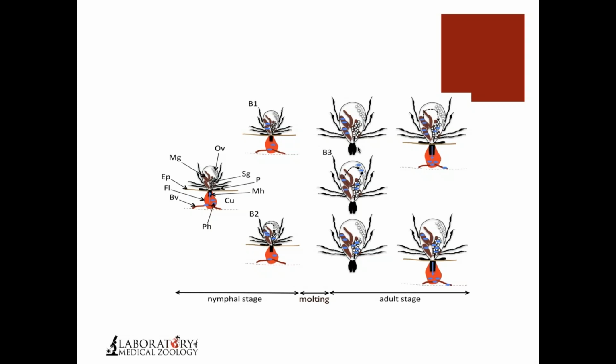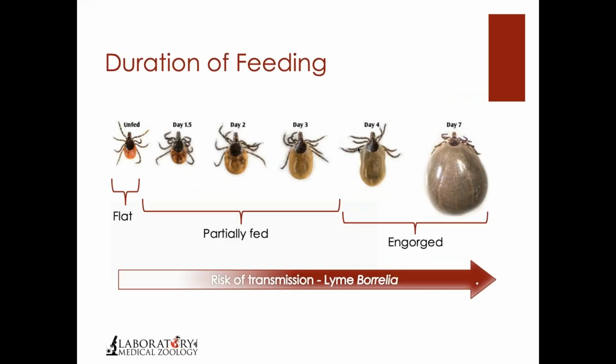It's also the reason that we say it's fundamentally important to know how long a tick has fed to be able to assess its risk. So here's a diagram showing the feeding process of ticks going from unfed through feeding on day 7. They start out in a situation we say flat, they're unfed. They become partially fed and then eventually engorged. And the risk of transmission, that is the movement of pathogens from that tick to the host that it's feeding on, increases with time. And there's some critical time when it becomes more likely that the pathogens are going to